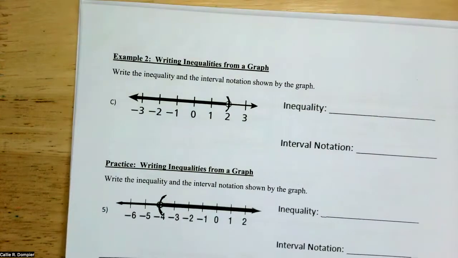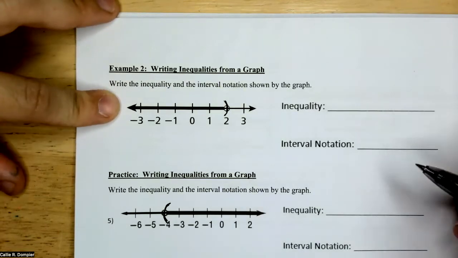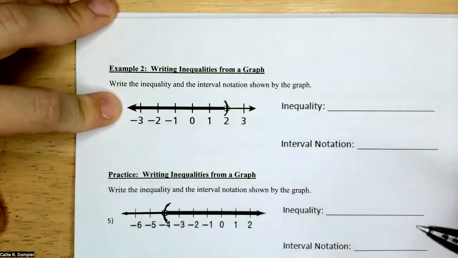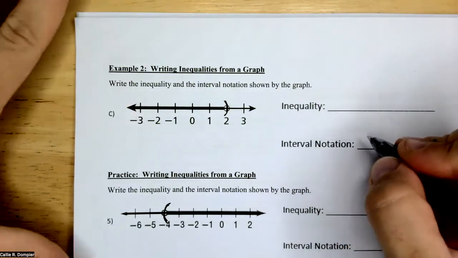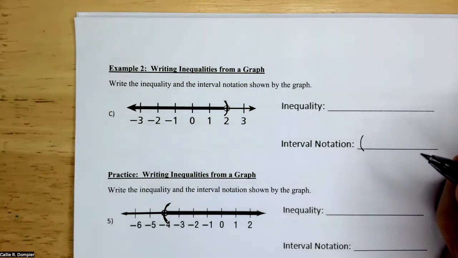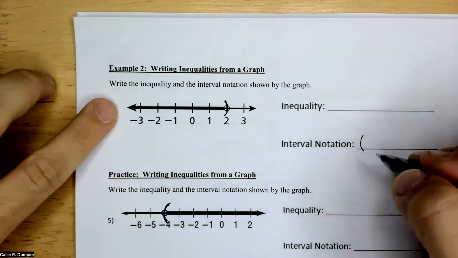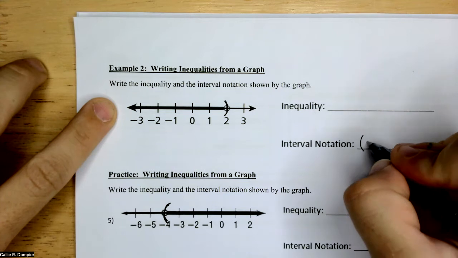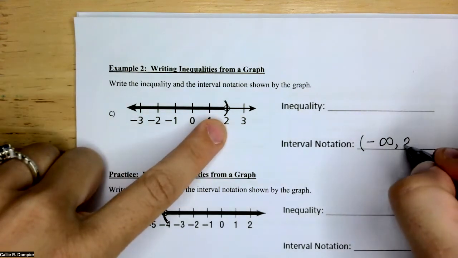Good. Okay. So just looking at the graph, what is this inequality? Here, remember, I like to go from graphs to interval notation, so I'm going to skip the inequality and just write the interval notation. Left to right, it doesn't start anywhere. It does not start anywhere. It goes on forever. So that interval notation will begin at negative infinity, but it does end at 2, and